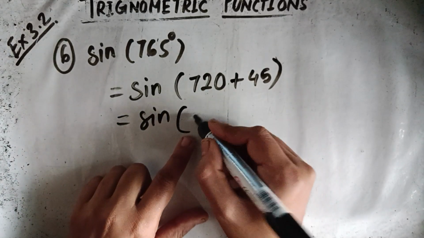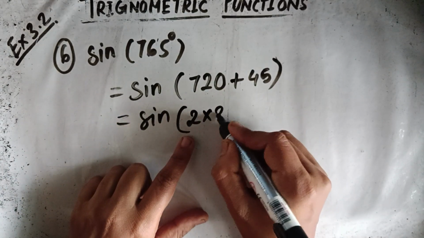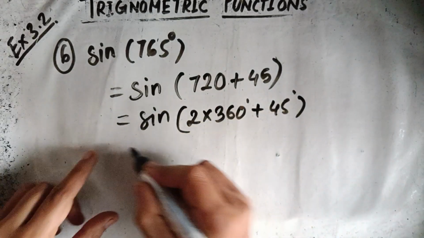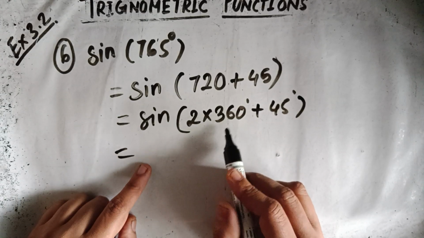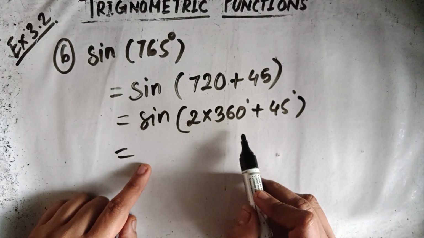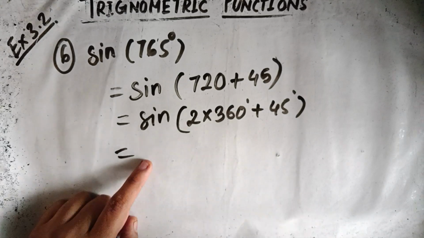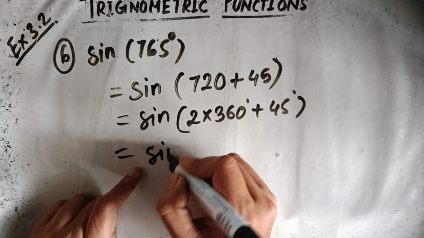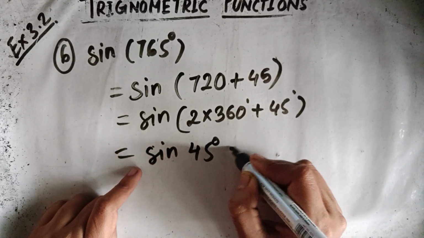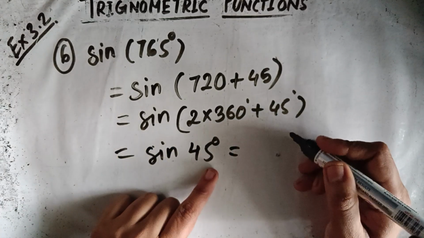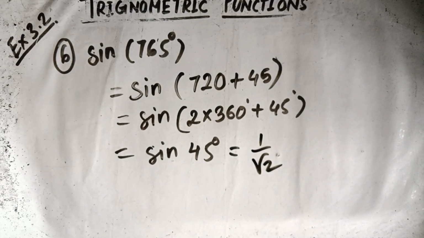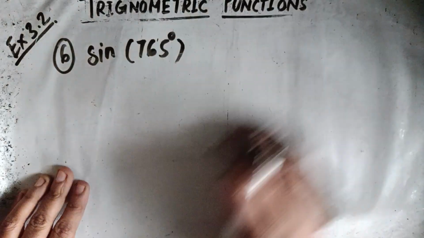So 720 you can write it as 2 into 360. Okay, 2 into 360 means this is 4 pi, right? And for 2 pi we consider same as 0. So this is nothing but sine of 45 degree. Okay, sine 45 is 1 upon root 2. Okay. Next one,